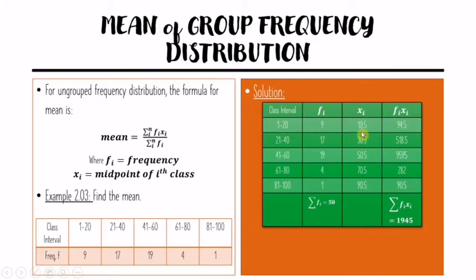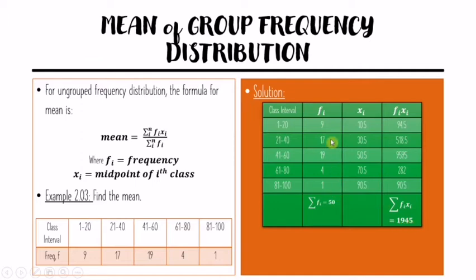Do the same thing for the rest of the classes. And then you calculate FiXi, which is frequency multiplied by midpoint. Our frequency is 9, our midpoint is 10.5, so we will get 94.5. Then you repeat this for the rest of the classes, and then you total up, so you get the summation of FiXi is